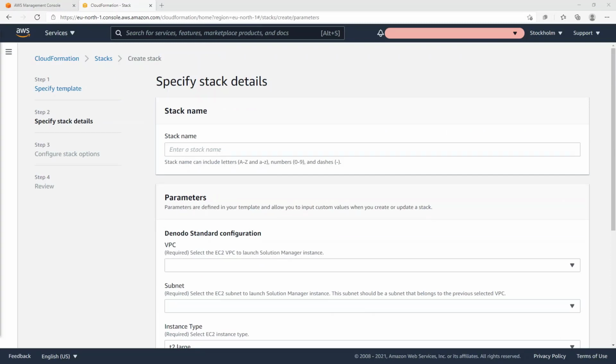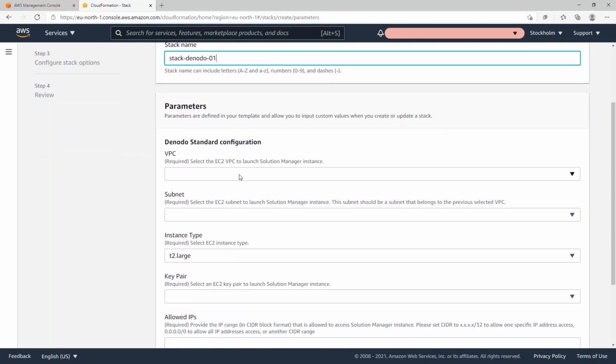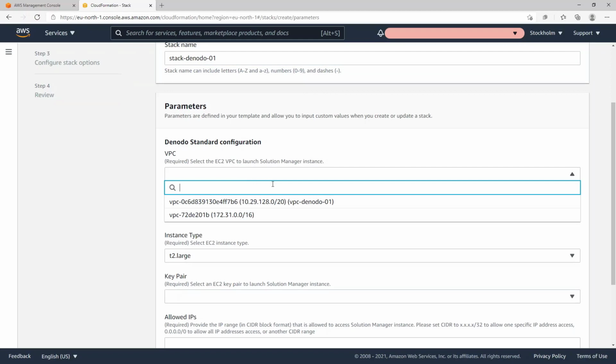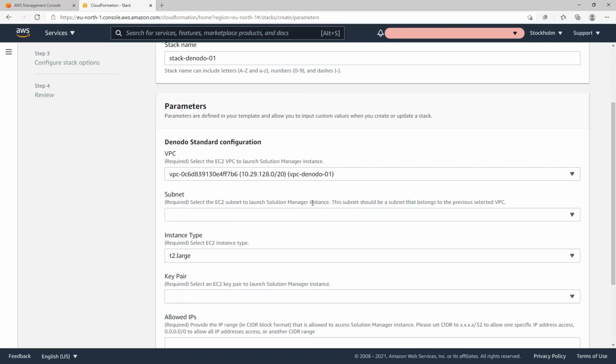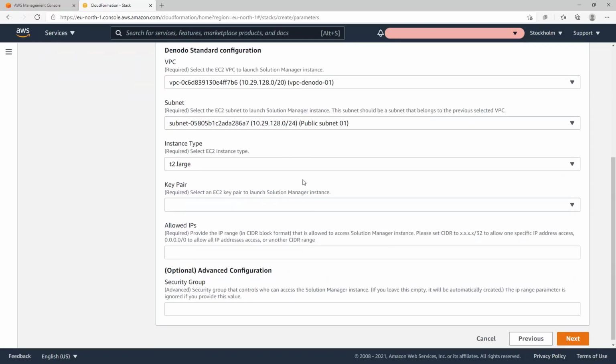Now, follow these steps. On the Create Stack screen, enter the stack name. For instance, stack Denodo 01. Then, select the VPC and the subnet. Remember that the subnet must belong to the selected VPC. I will choose VPC Denodo 01. In this case, I will select a public subnet belonging to the selected VPC, public subnet 01.